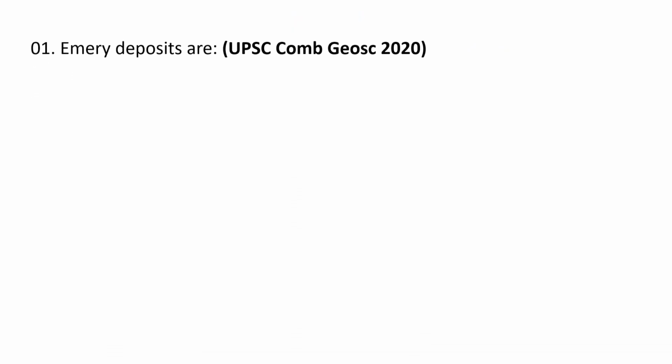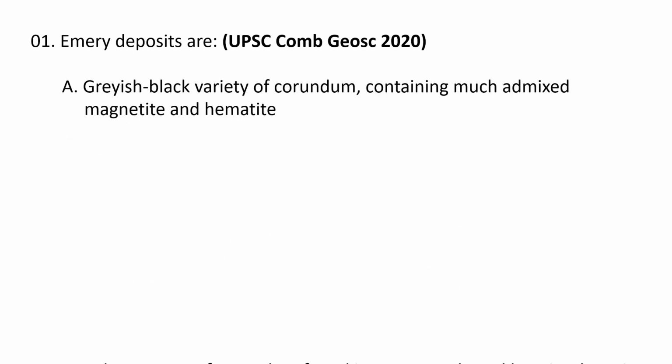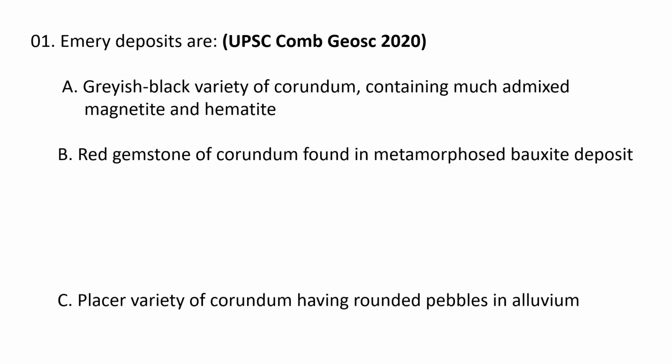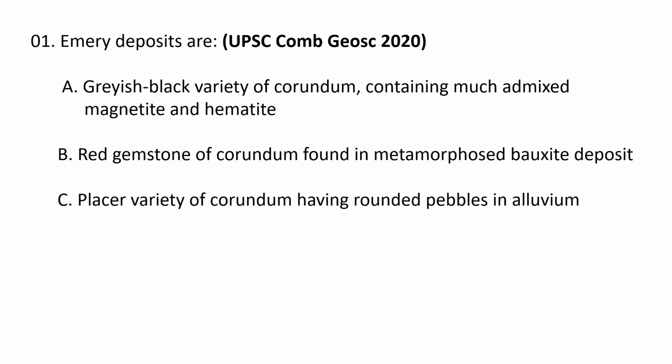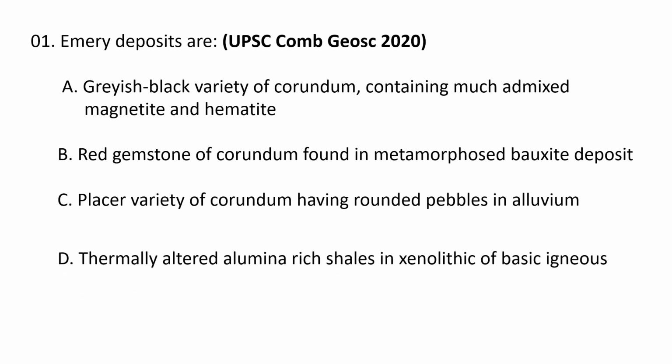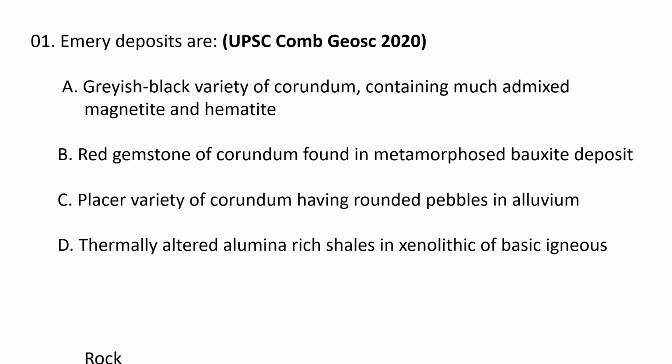Emery deposits are: A. Greyish black variety of corundum containing much admixed magnetite and hematite. B. Red gemstone of corundum found in metamorphosed bauxite deposit. C. Placer variety of corundum having rounded pebbles in alluvium. And D. Thermally altered alumina rich shales in xenolith of basic igneous rock. So Emery deposits are